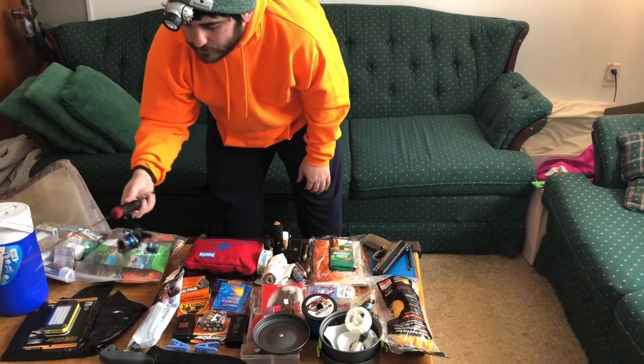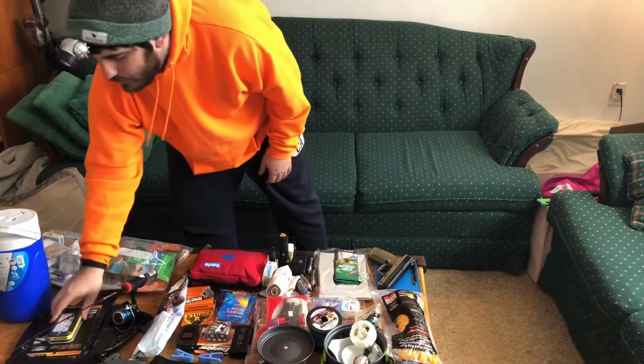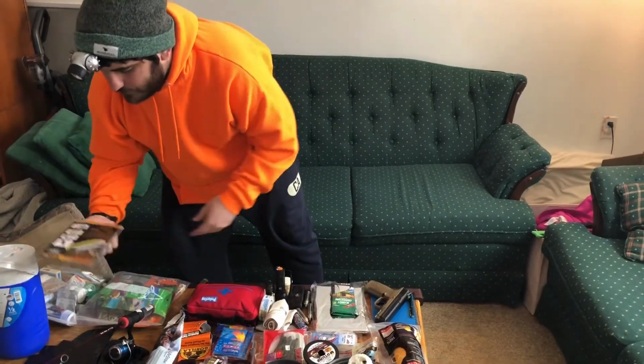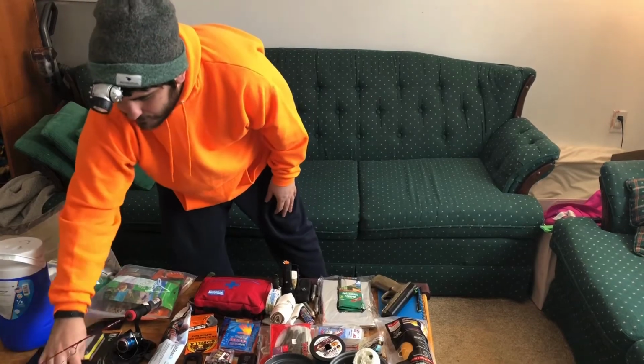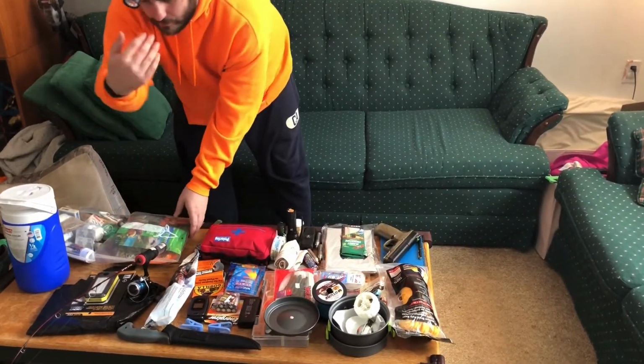A little ice fishing rod, also doesn't weigh very much, is strapping on the side of your bag. A utility light, very bright. Just light's always good to have. A couple garbage bags, keep stuff dry. This, if you want to come in closer,